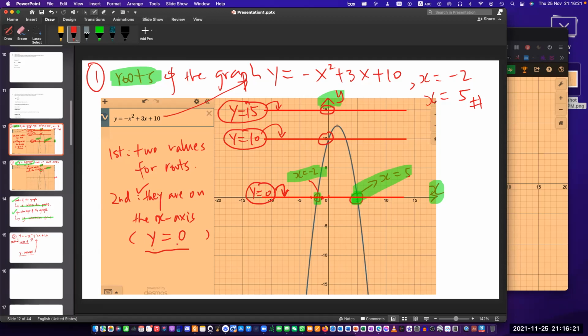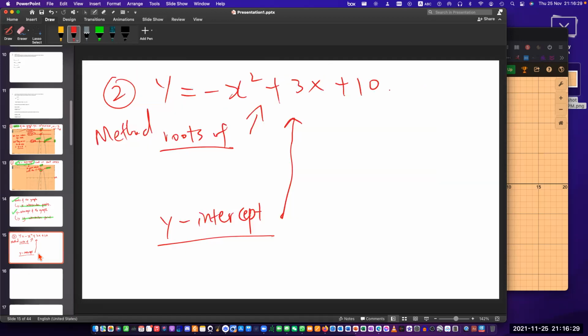Okay. So I'm going to teach you how, with y equals 0, you can actually make use of y equals 0 to figure out the answers with the second method. So method 2 is, if they ask for the roots of this equation, it means y is equal to 0. Why? Because they are on the x-axis. That's your second observation. And then the first observation is